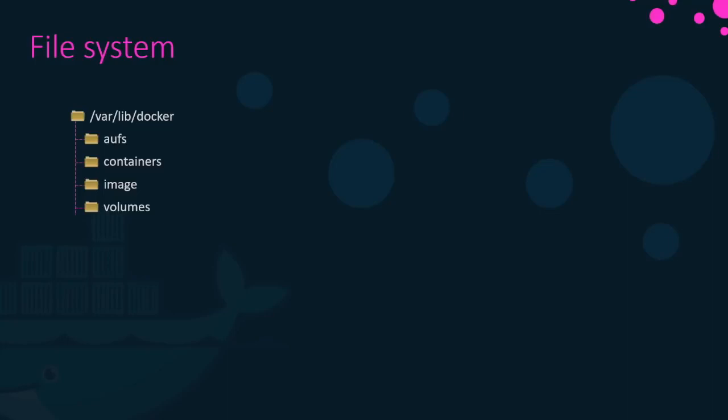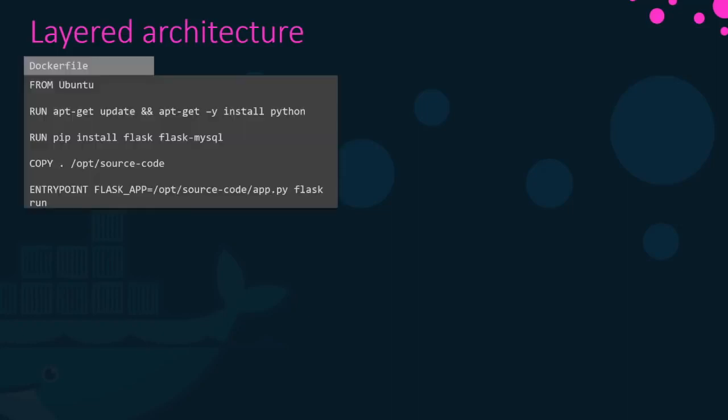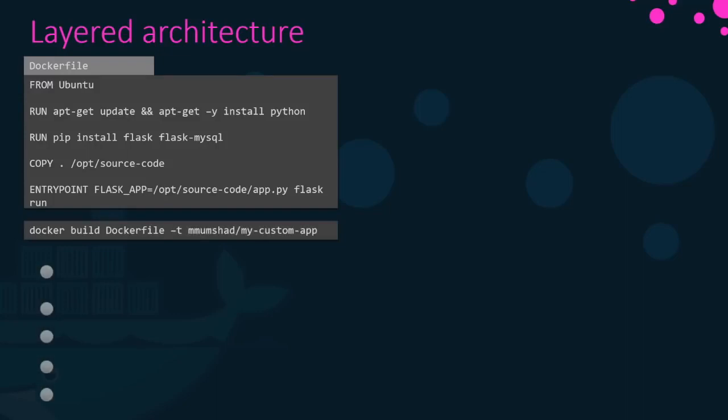So how exactly does Docker store the files of an image and a container? To understand that, we need to understand Docker's layered architecture. Let's quickly recap something we learned. When Docker builds images, it builds these in a layered architecture. Each line of instruction in the Dockerfile creates a new layer in the Docker image with just the changes from the previous layer. For example, the first layer is a base Ubuntu operating system,